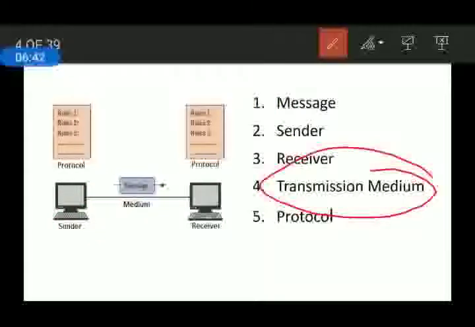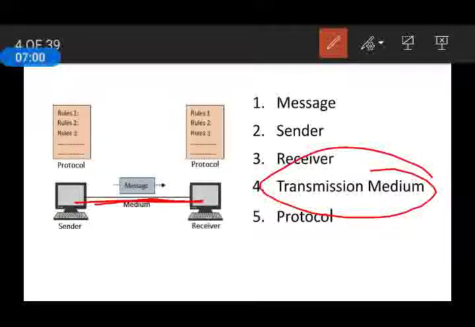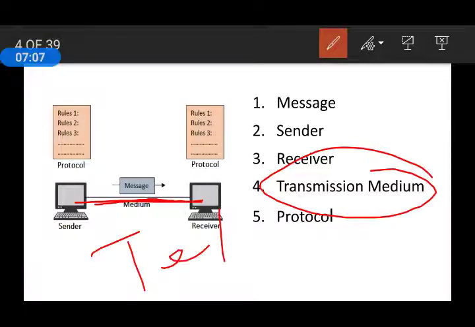Transmission medium is nothing but a connection. It is a physical connection which is connecting the sender and receiver. Here you can see this is a connection connecting sender and receiver. Through this the message will be traveling. Once again, this transmission medium may be wired or wireless, depending upon the type of network. In case of the telephone, we can take it as a wire. Through the wires, the two telephone users will talk. In case of the wireless LAN, it may be through radio waves.